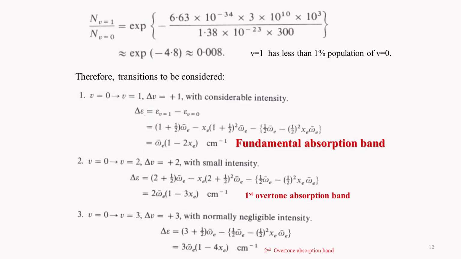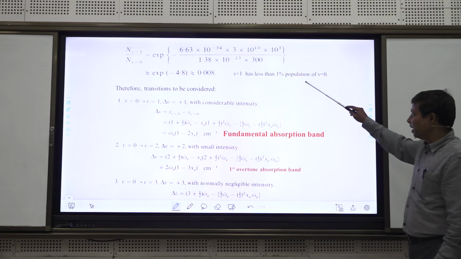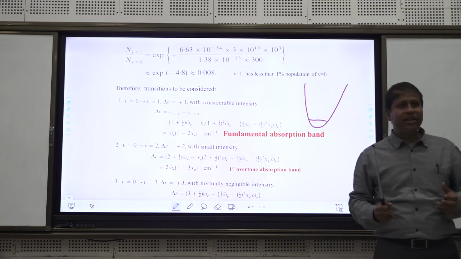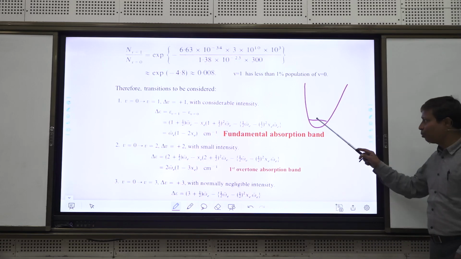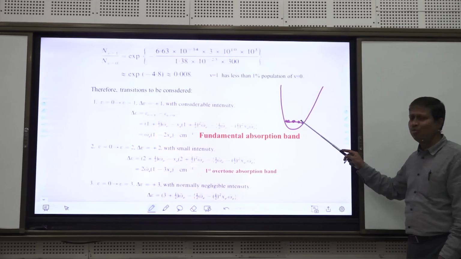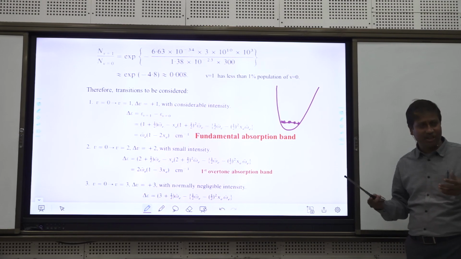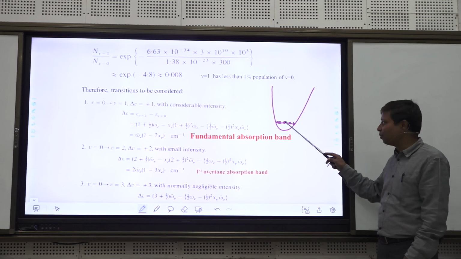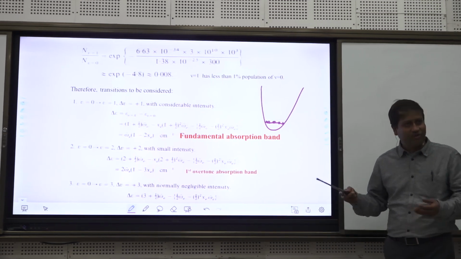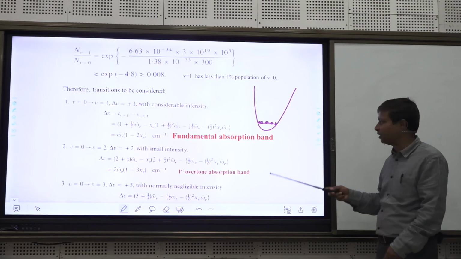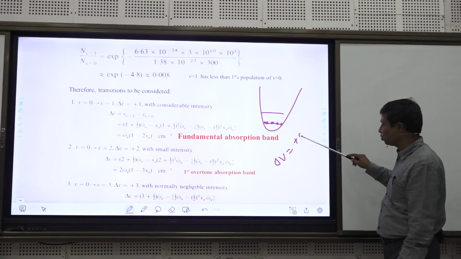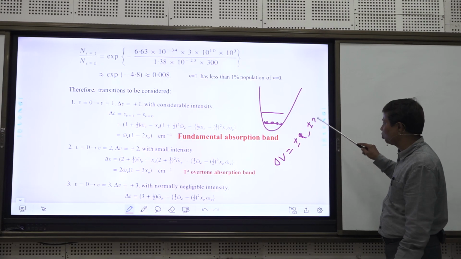If every transition is allowed, then it is much more complex. So let us simplify the situation. As we have discussed in the last class, what guides the intensity? Intensity is guided by the population of the originating state. So how much is the population? If the population is high, then, if everything is satisfied, you can expect higher intensity. If the population is not there, then even if it is allowed, you cannot expect much intensity. So since now delta V is plus minus 1, plus minus 2 and everything,